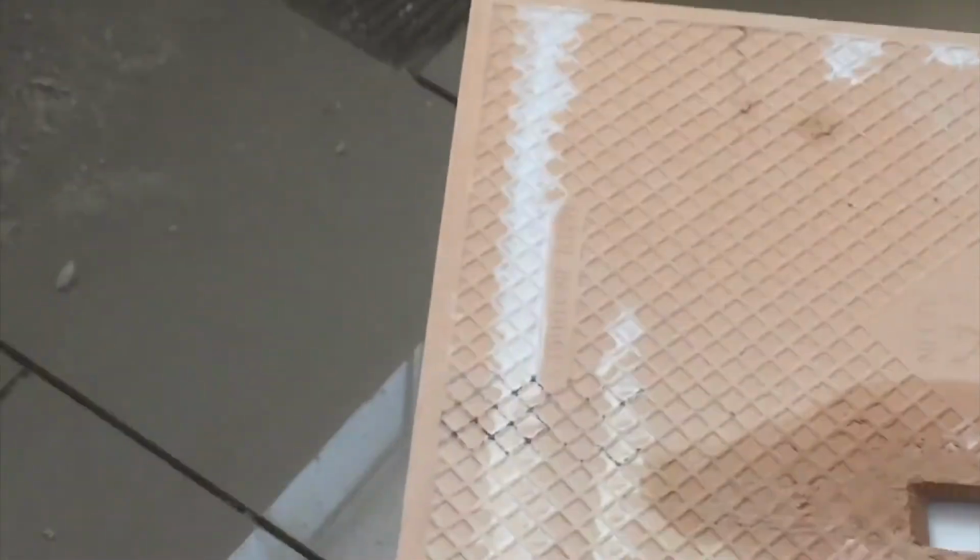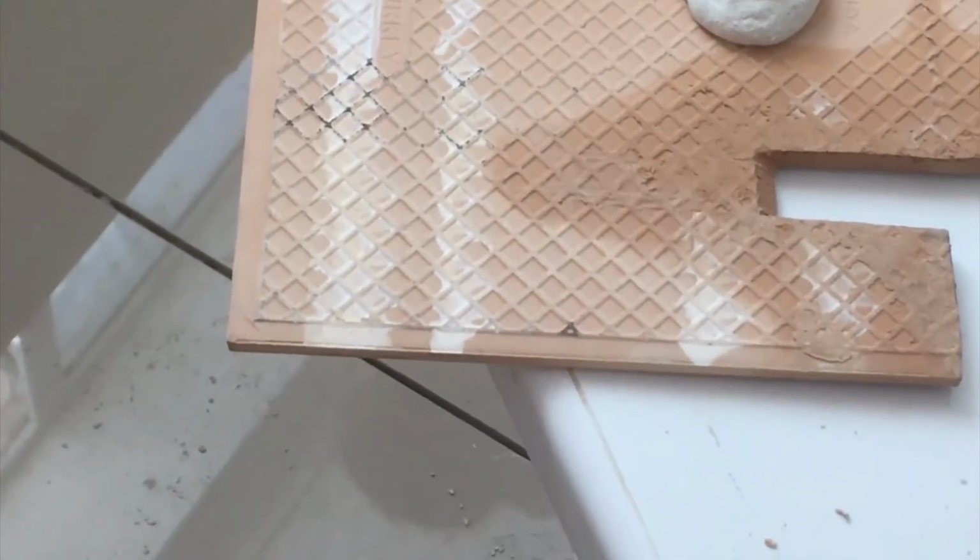Right. Because I can't get my trowels in along here or around that window, and I don't really want to end up with too much adhesive getting on